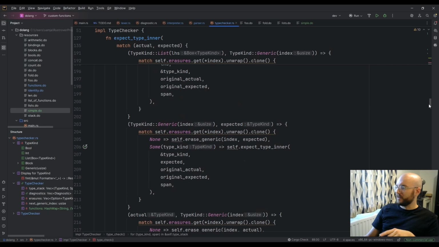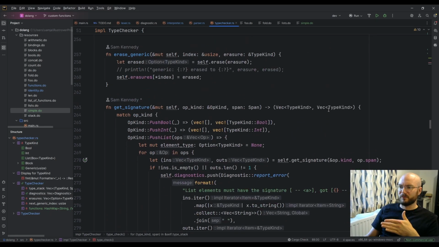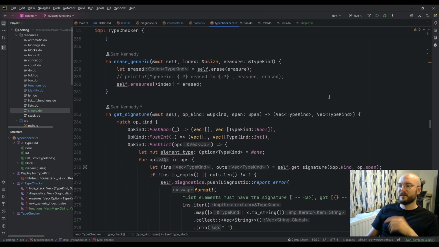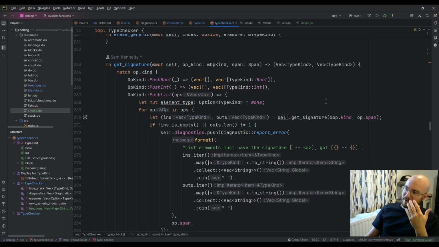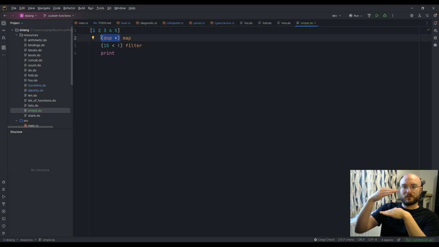And I fixed the bug where the signatures of map and filter weren't correct. They're now correct. And so yeah, the way the type checker works is it gets the signature of every operator, and it will just sort of interpret the program but only on the level of types. So as it goes, it will say, okay, well I've got a list of int, and now I have a function, and it does a little something very clever.